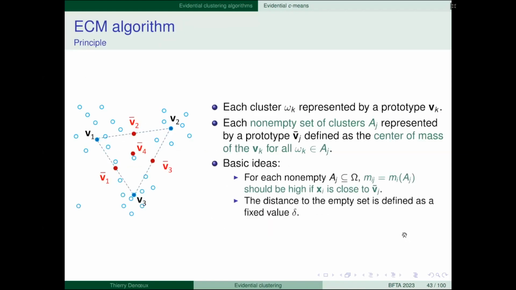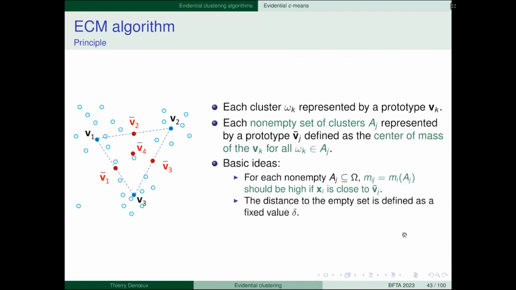So in ECM, we also represent each cluster by a prototype. Okay? For example, here we have three clusters, so three prototypes, V1, V2, V3. But now we also represent each non-empty set of clusters by a prototype, which is defined as the center of mass of the prototypes of the clusters in that set.